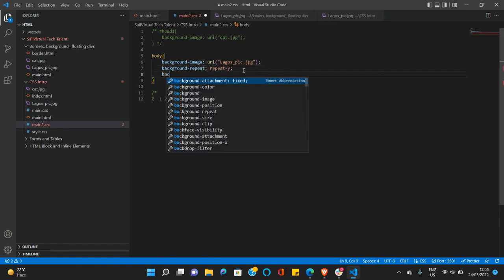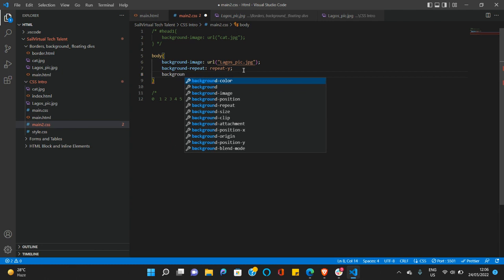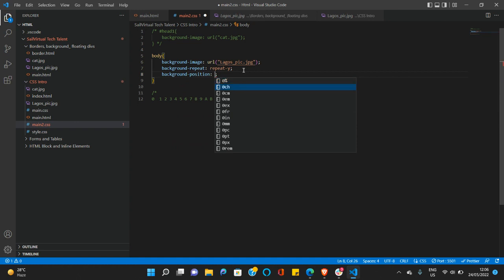Okay, say background position, we change this to the right. If we save,